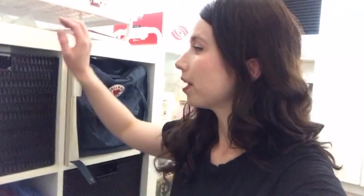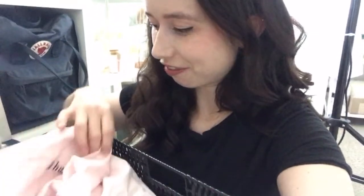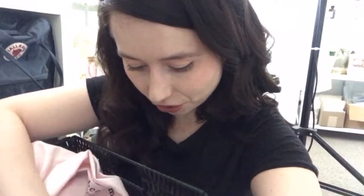Okay, climbing back onto the floor again. This is one of those Calyx shelving units from IKEA that I again got used on Kijiji. This bin here is entirely full of photography textures, so no doubt you'll recognize some of these things. This one's really fun. One of my friends, for a gift, made me Humblebee and me branded dish towels. So you sometimes see those in photos. So I've got lots of textured stuff in here, paper and